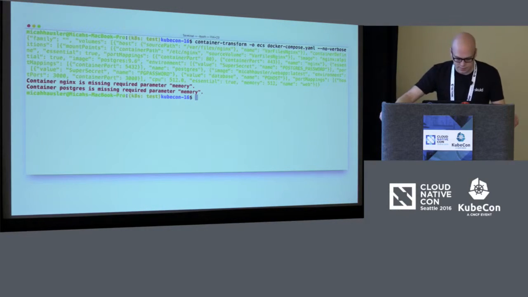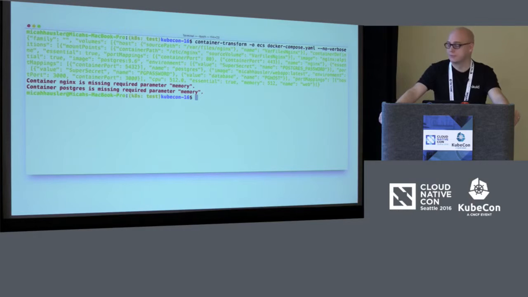This is a compact version, but as you can see, there are required parameters for ECS that Compose doesn't support. So with this tool, ContainerTransform, we can now quickly pump out the runnable config for ECS